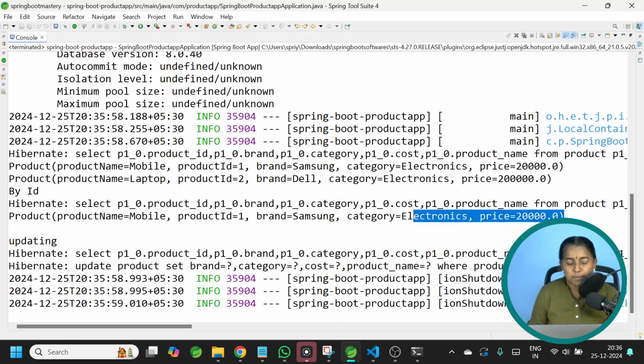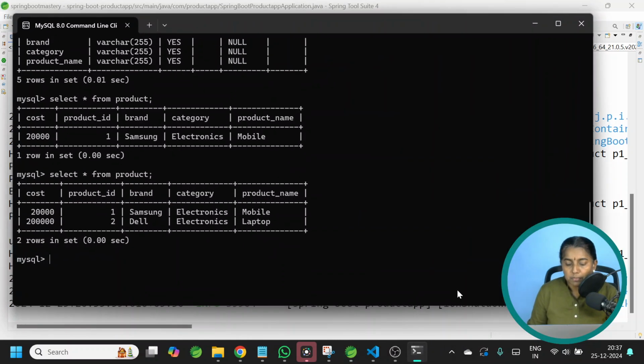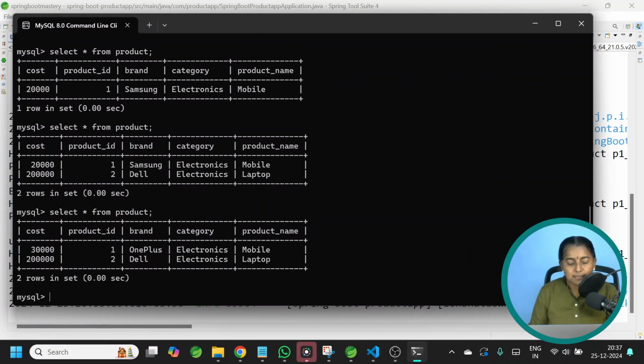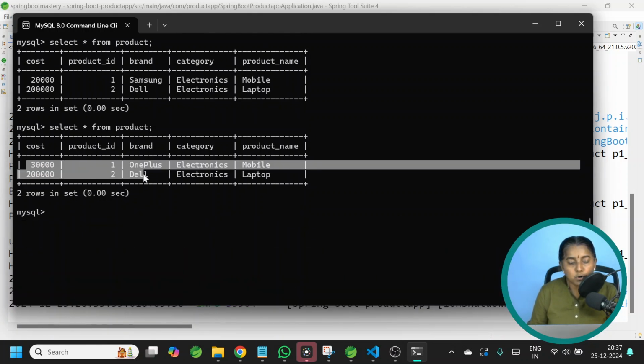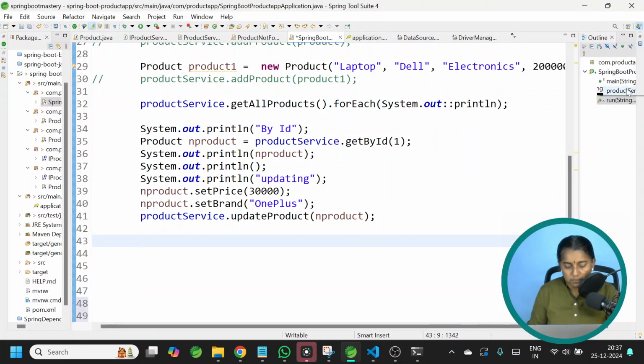Update product set brand equal to question mark, category equal to question mark, cost equal to question mark, where product underscore ID equal to question mark. We are not printing the value, so we are not able to see the output. Maybe I will go to the MySQL command line, select star from product. See, the first product is updated. Okay, now I will print the updated product